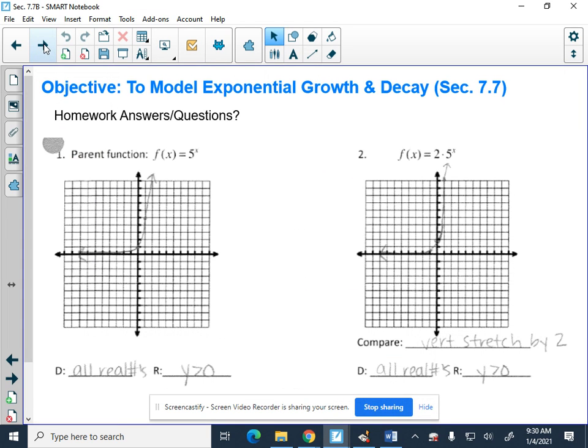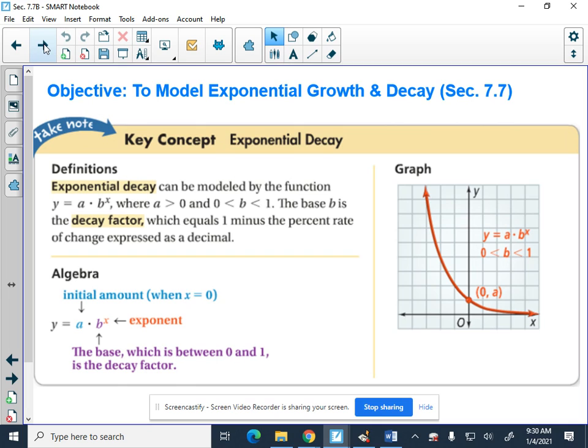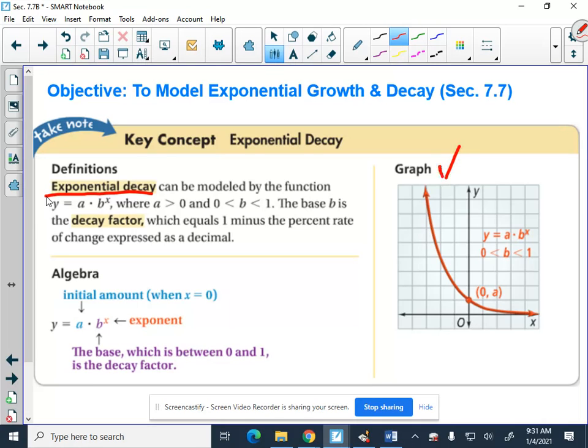Okay, 7.6 or 7.7b, page 10 of the note, 7.7. A lot of this is already written on here for you. Exponential decay. If you think of decay, it's kind of the way things work. Things get worse and worse and worse. That's kind of decay. So a graph of decay usually looks like this one over here that you see on